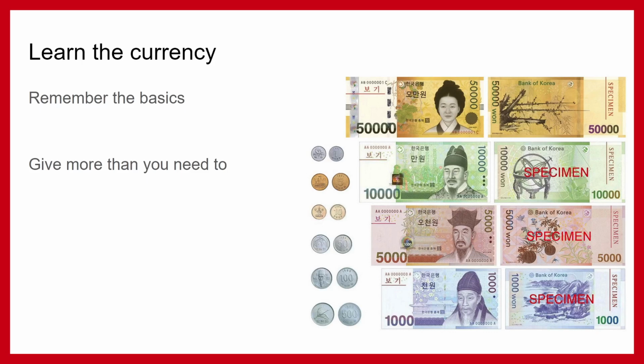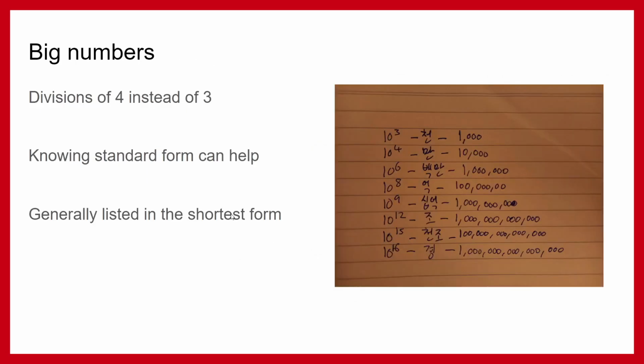Obviously, you don't know how much it is, but you know which note it will be, which helps identify how much money people are giving to each other, because you can see the color of it. So it's kind of worth learning the color of the notes as well, just so you can see it in your immersion. So the last one is big numbers, and I think this is what people tend to struggle with.